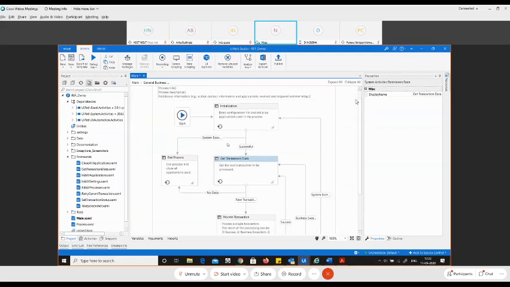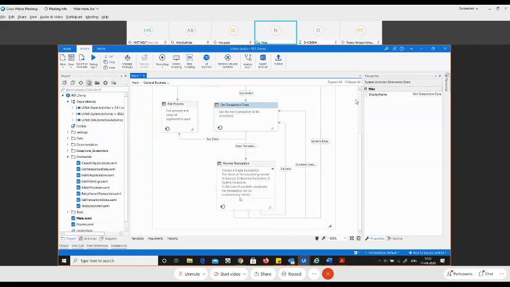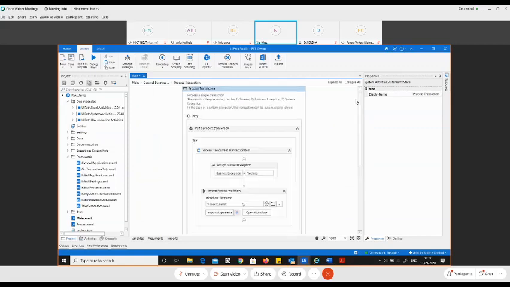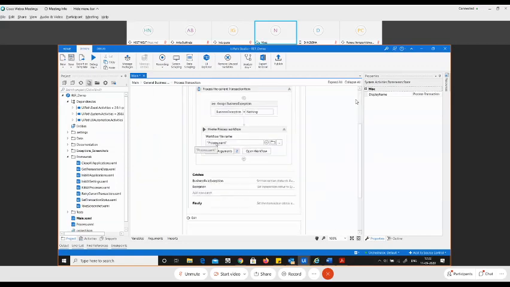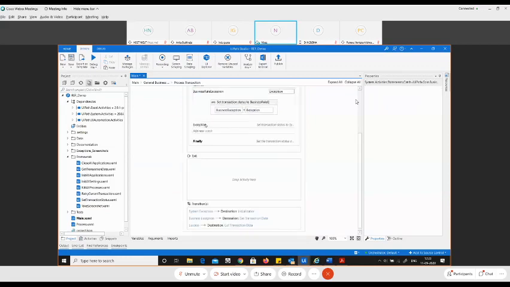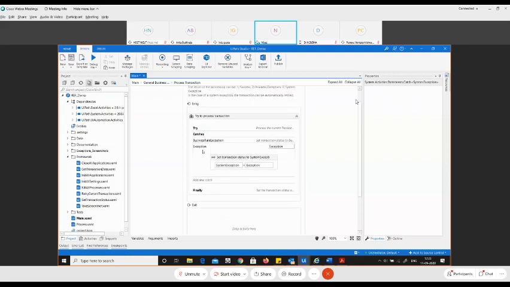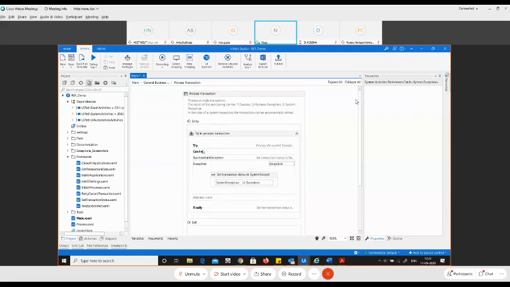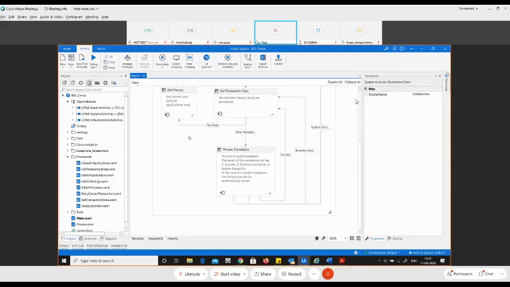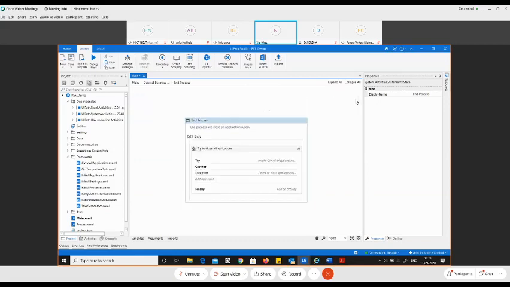Now let us go ahead to the next, that is the process. In this process, you can see there is only one workflow called process.xaml. But this process.xaml can be responsible to call multiple workflows which are there in it. I'll let you know in a while what are the workflows that can be called over here.